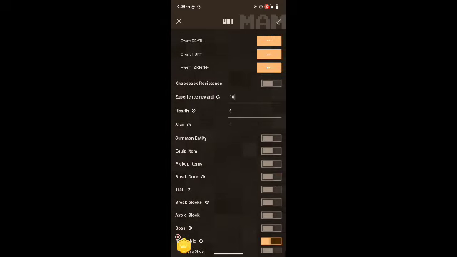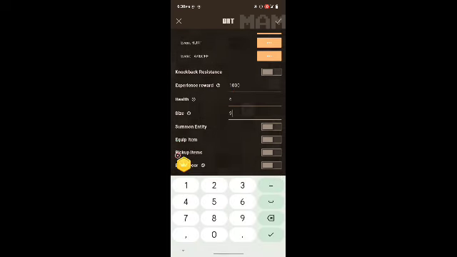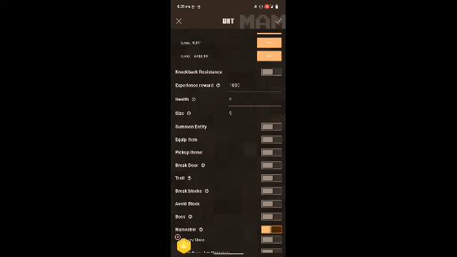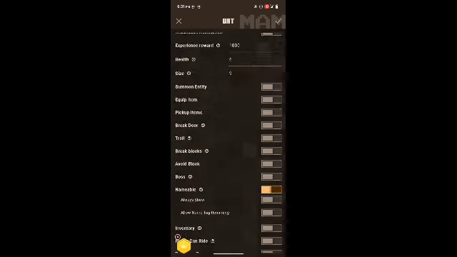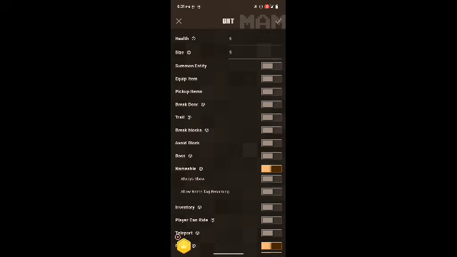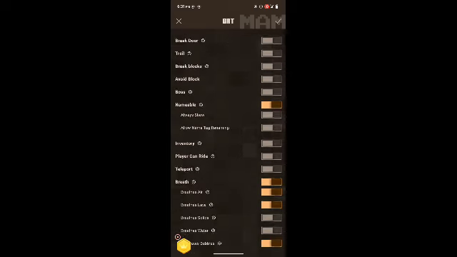You can edit the experience you want. You can edit size. You can turn boss on or turn it off.